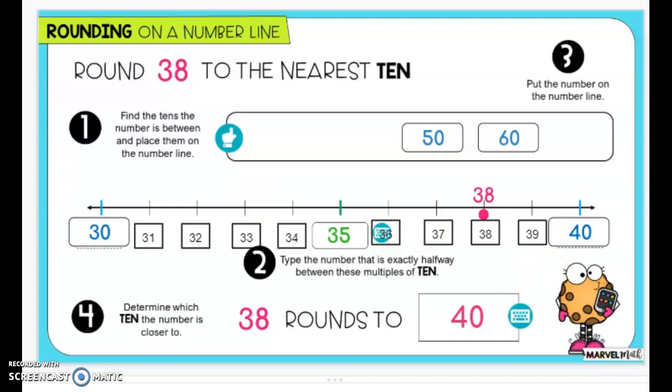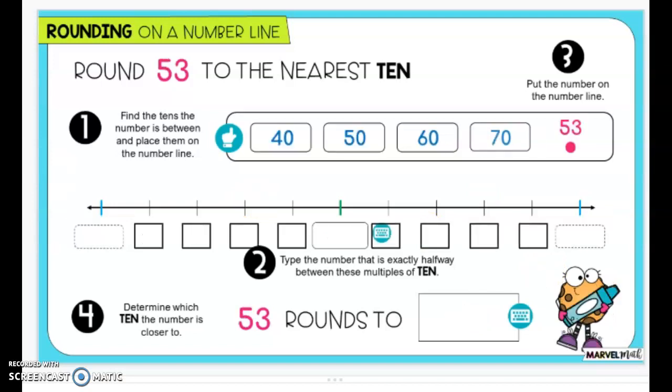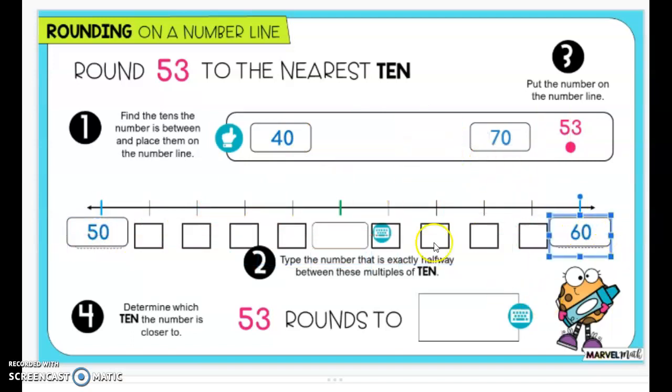So let's try one more. Here's one more. Round 53 to the nearest 10. So again, you're going to put your multiples of 10 on the end of your number line. So you have 50 and 60. This box here is going to be the number in the middle of 50 and 60, and that would be 55. Now I know that this is going to be 51,